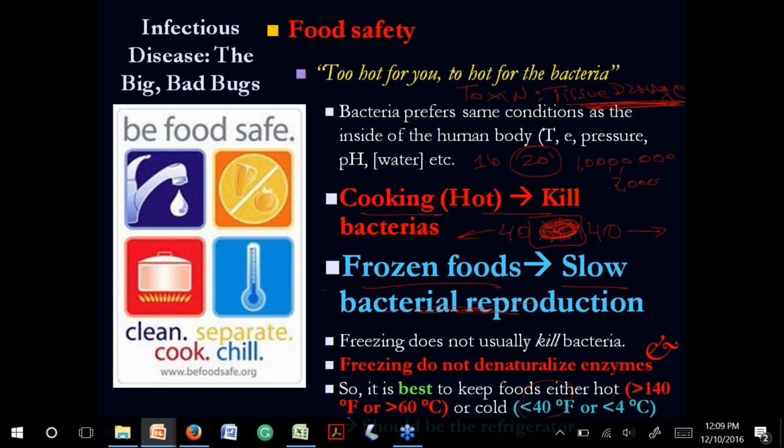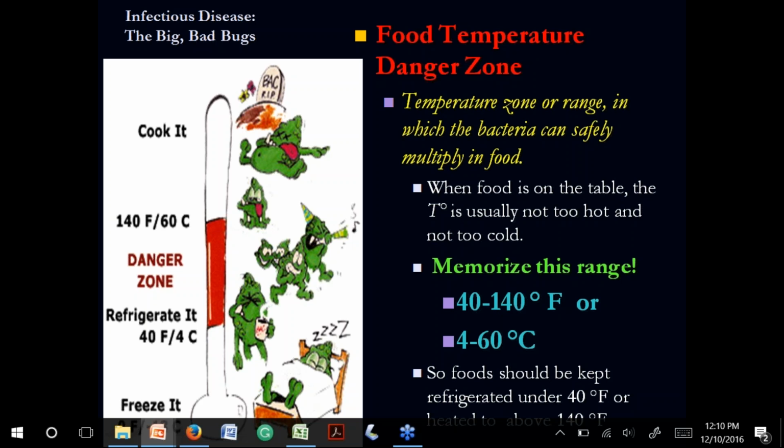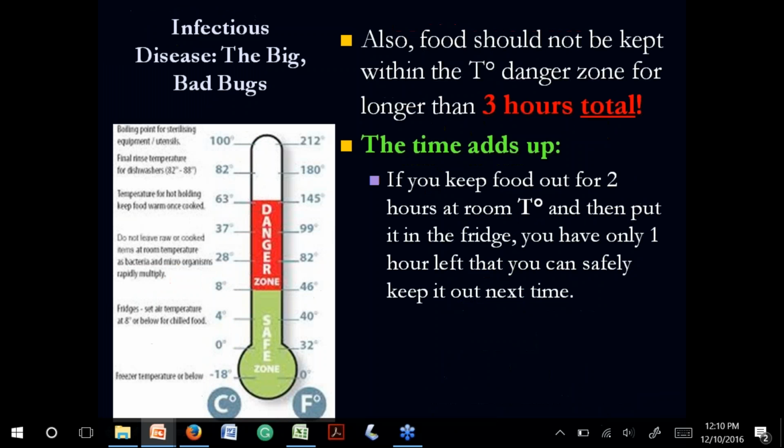Okay, you can reheat the food one time. I know that we do different stuff, but this is what is recommended, and that's what we are going to be asked. So the range is 40 to 140 Fahrenheit, and in between is the danger zone. So 41, 42, 100, 139, those are danger zone. But if it's more than 140, you're killing bacteria. If you are less than 40, you are making the bacteria diminish in their speed of reproduction.